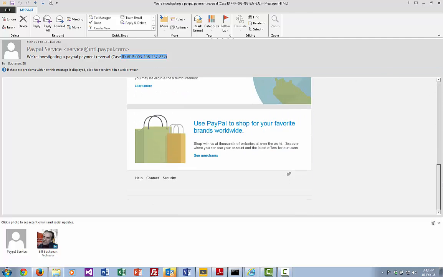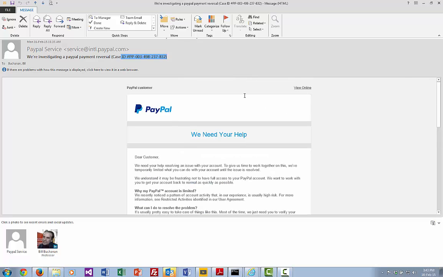Everything looks fine from here. You see all the lovely graphics there. There's the PayPal logo. But when you actually look at the link itself, it's actually going to the wrong place. In this case, it's going to kon.tl. So we can see here everything looks valid on the email address, but look, the PayPal